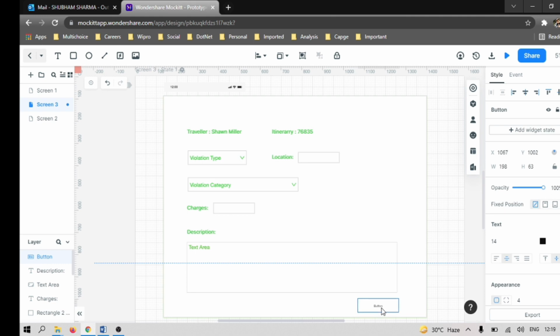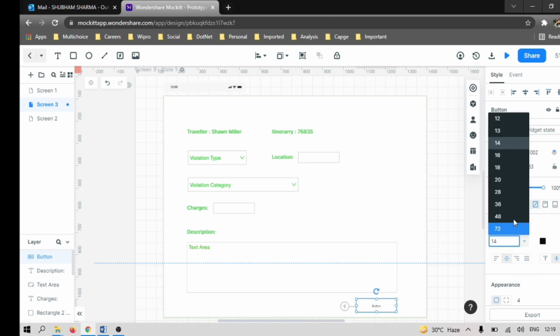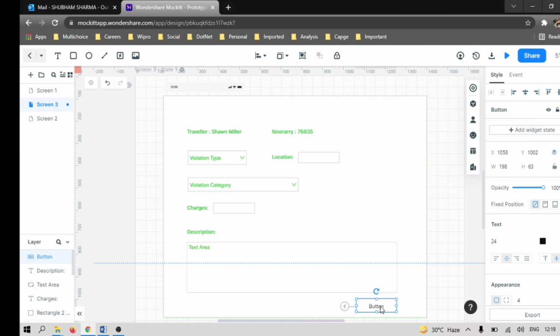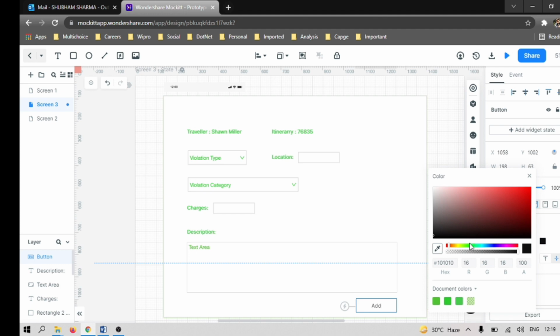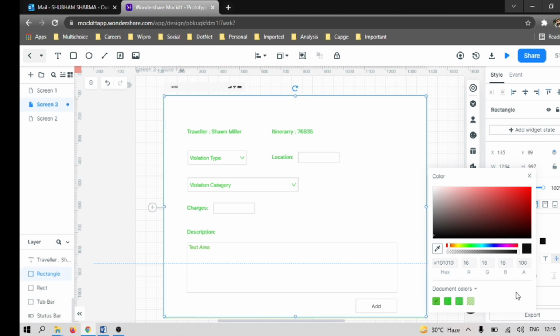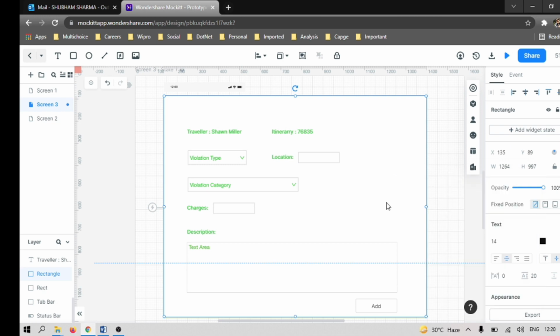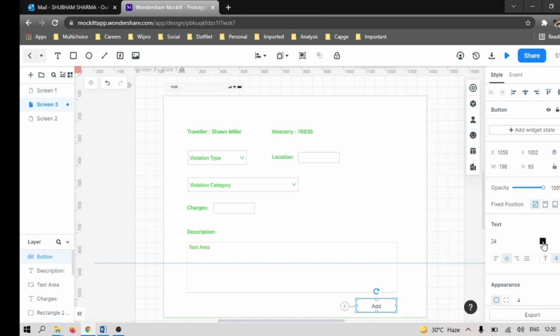I put it here. So text is 24 here also. 24. Okay. And instead of button, what we can put is add. Okay, and the color is going to be green, as I'm selecting already for all. Not changed.